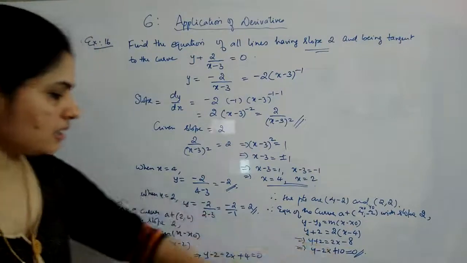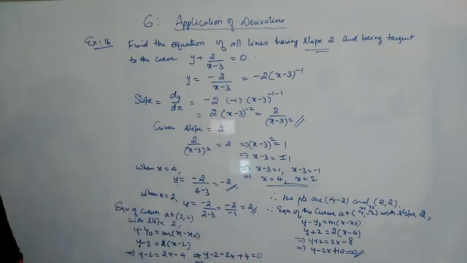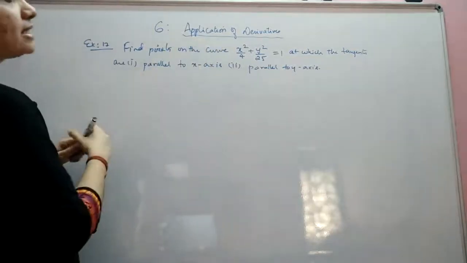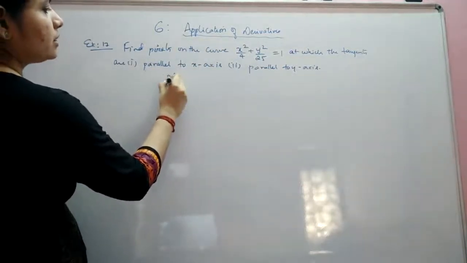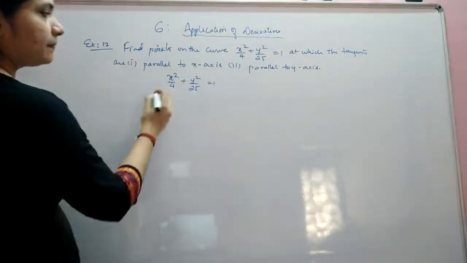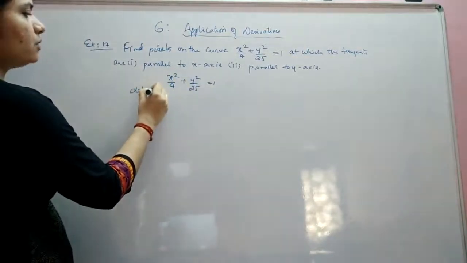That is, there it is 10, here it is 2. So they are parallel lines. So for this question, first we will start with x square by 4 plus y square by 25 equal to 1. Differentiating with respect to x,